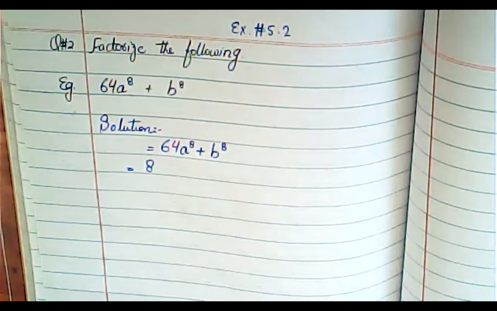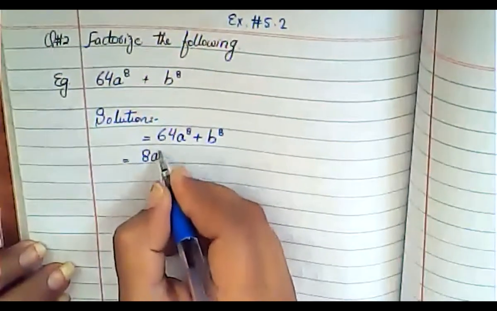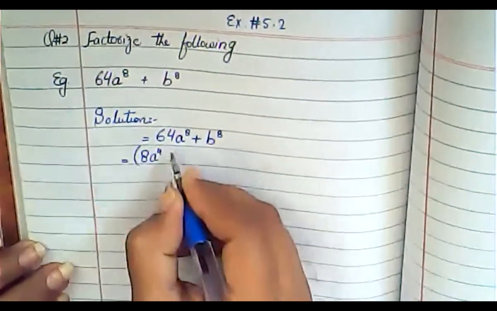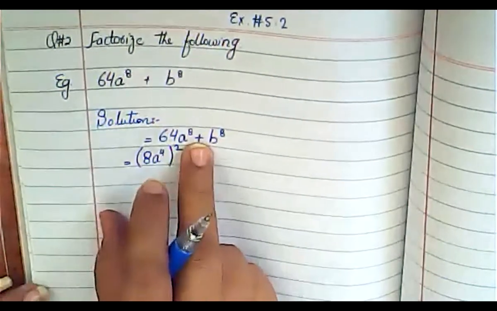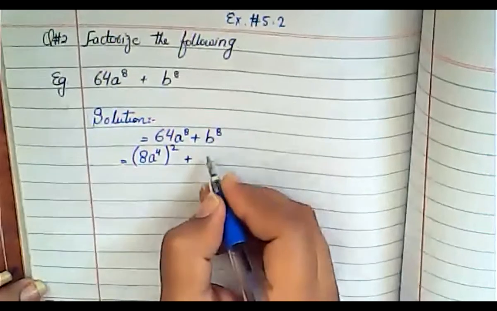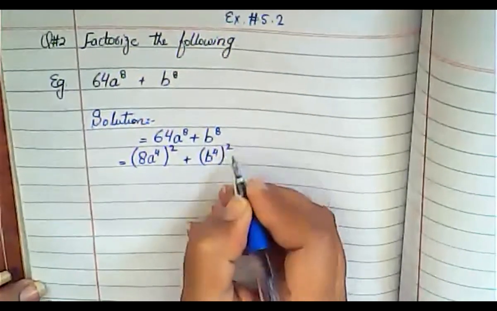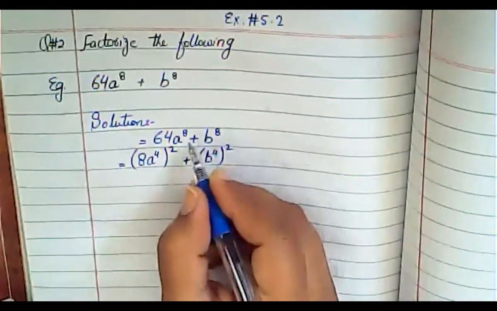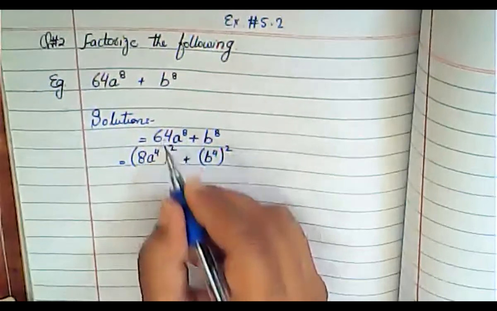Anyone else? Yes, Ishal, right answer. So a raised to the power 8 is the square of a4. So we will take (8a4) whole square. Similarly, we will do this with this one as well. So it will be b4 and its whole square. So 4 multiplied by 2 will be 8, and 4 multiplied by 2 will be 8, and 8 squared is 64. Is it clear?